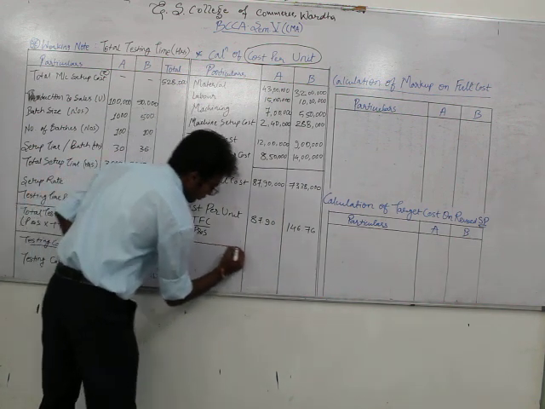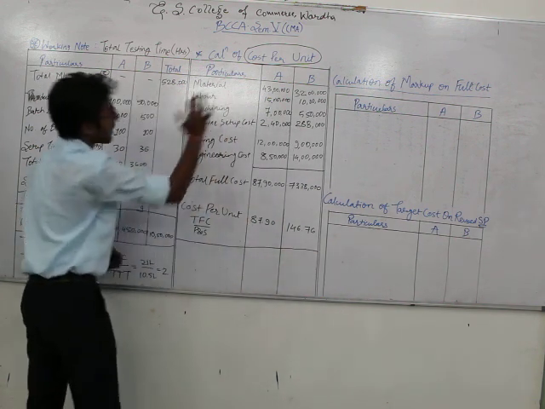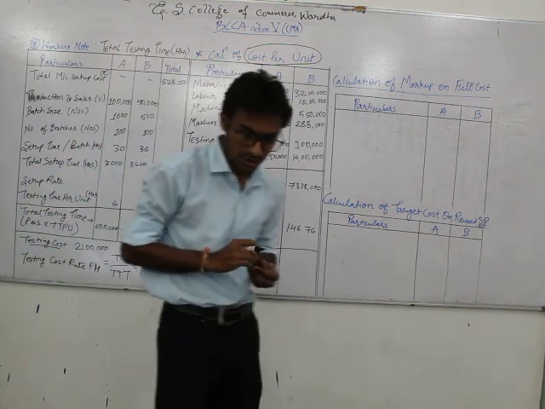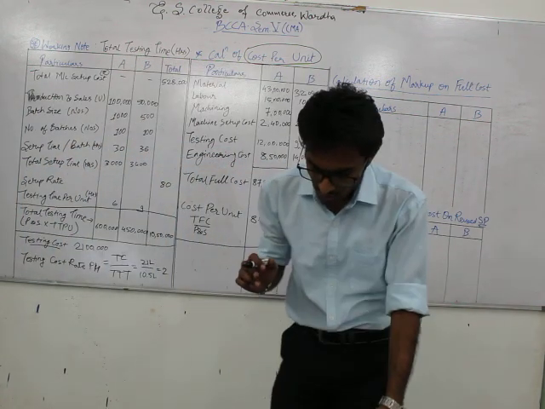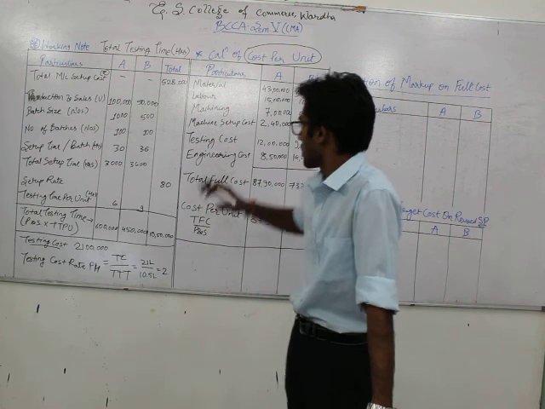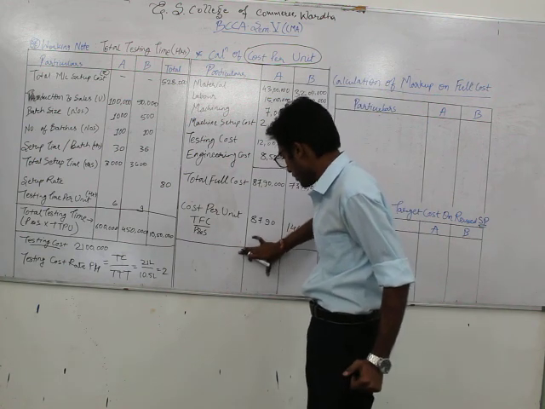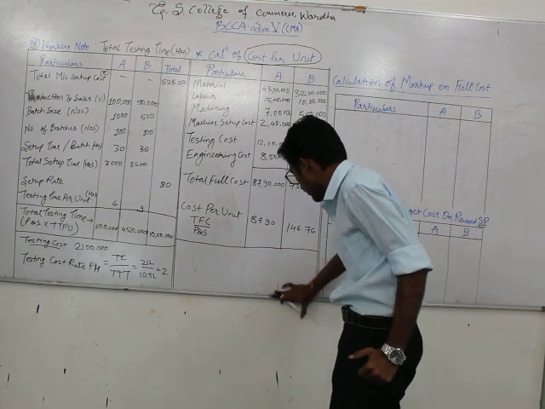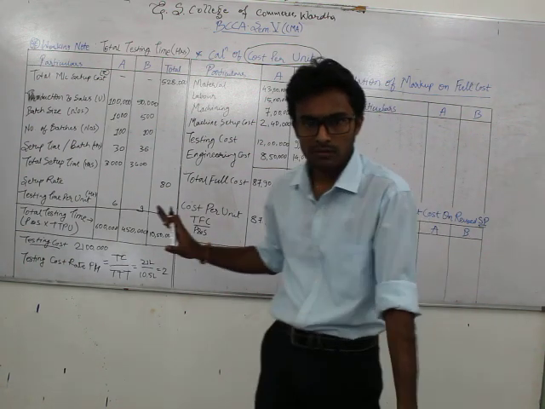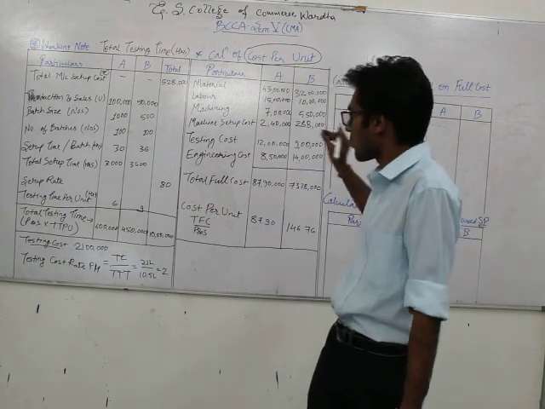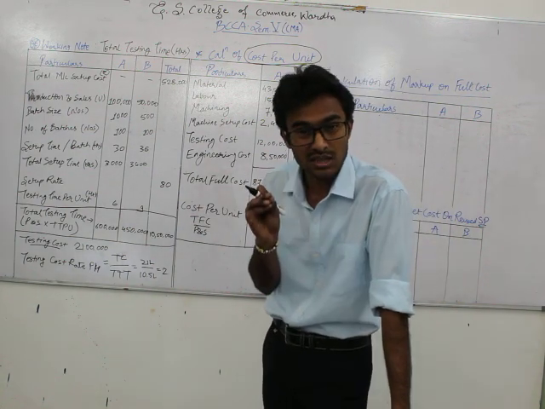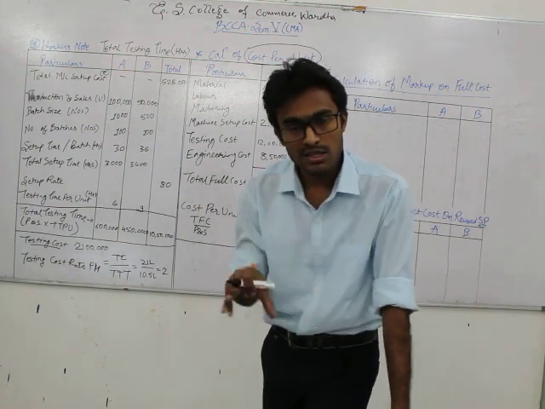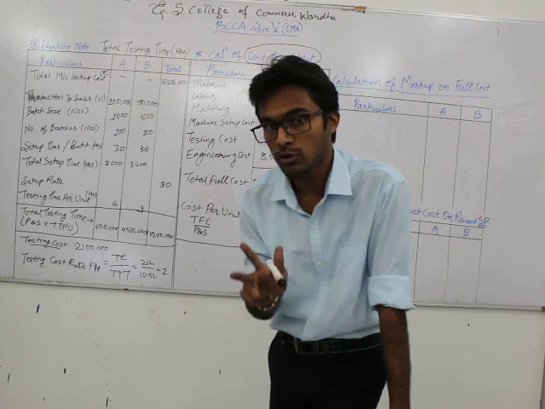This is how you have completed your first part of your solution. So this is your first part of the solution, but we have two questions. So we have completed one part. We have completed some of the part of first question. In this practical question you have two sub questions.